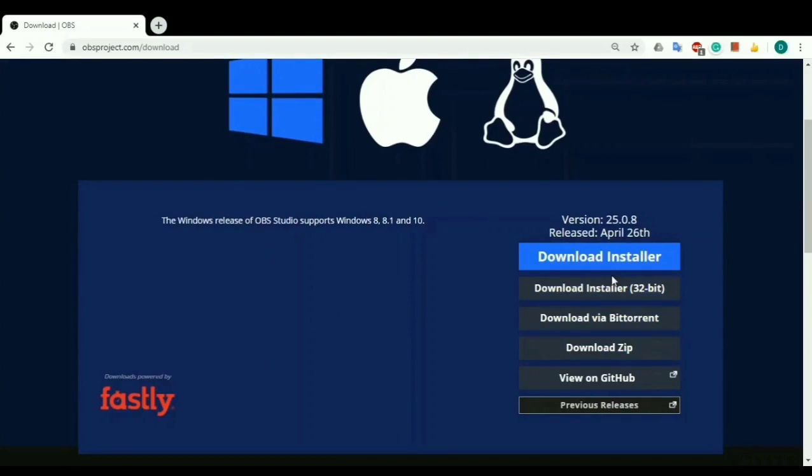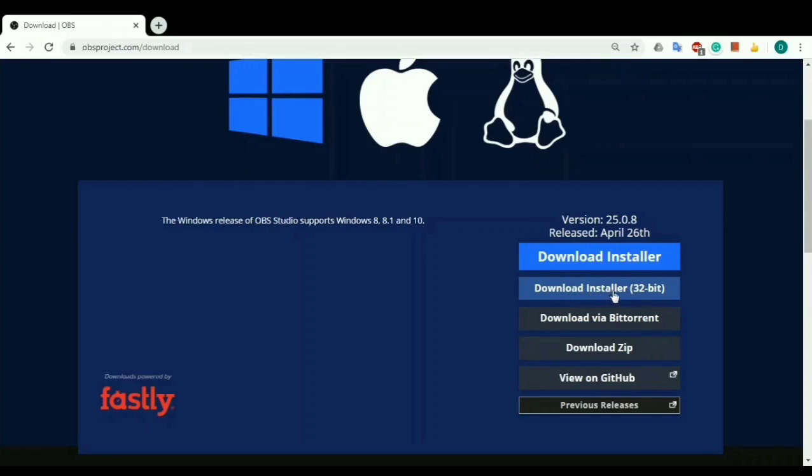Here some options are available to download the OBS installer. If you want to install or download the 32-bit version of OBS, then click on download installer 32-bit. If you want to install 64-bit, then click on download installer.